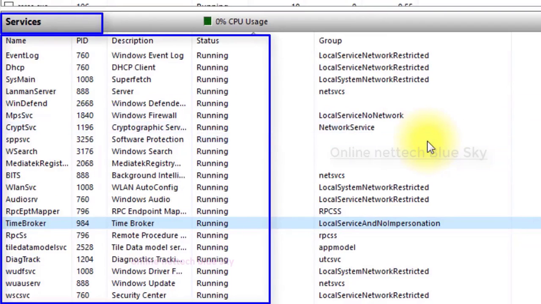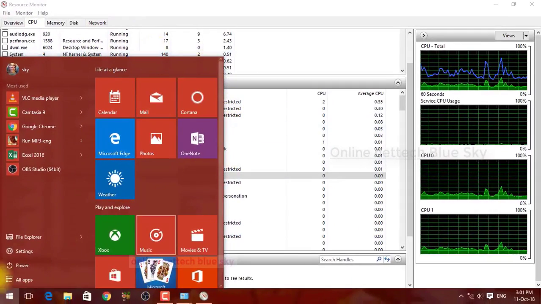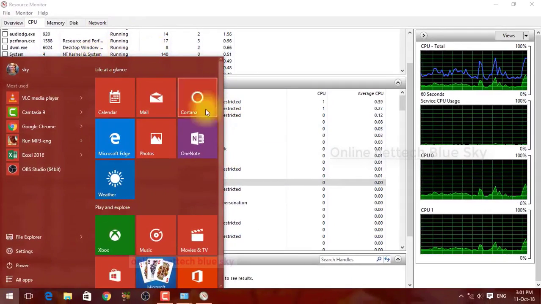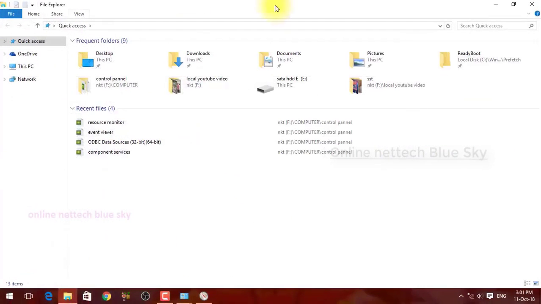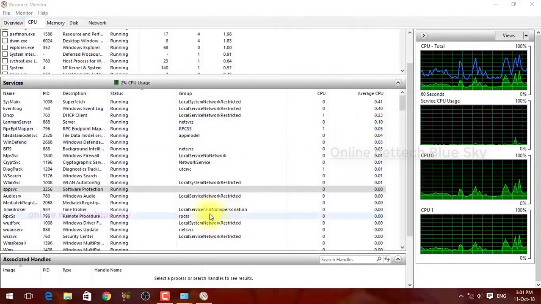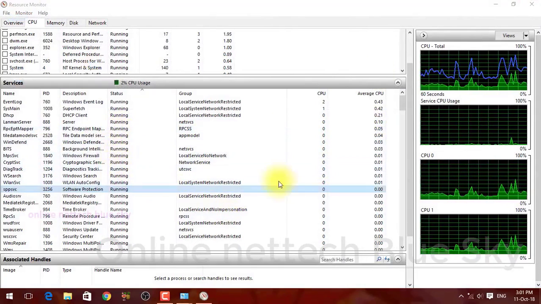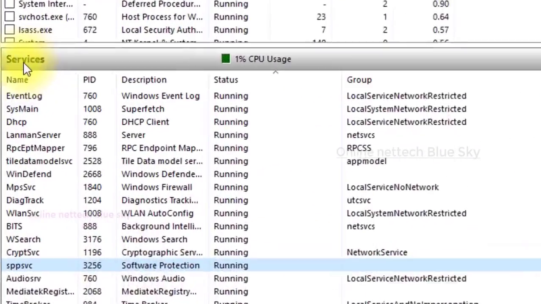This shows how many types of services are using the CPU, and you can see here my services open in my start menu. This is like system services. You can open your my computer, close your windows, close your system. These are different types of system services. And where is your system with process?